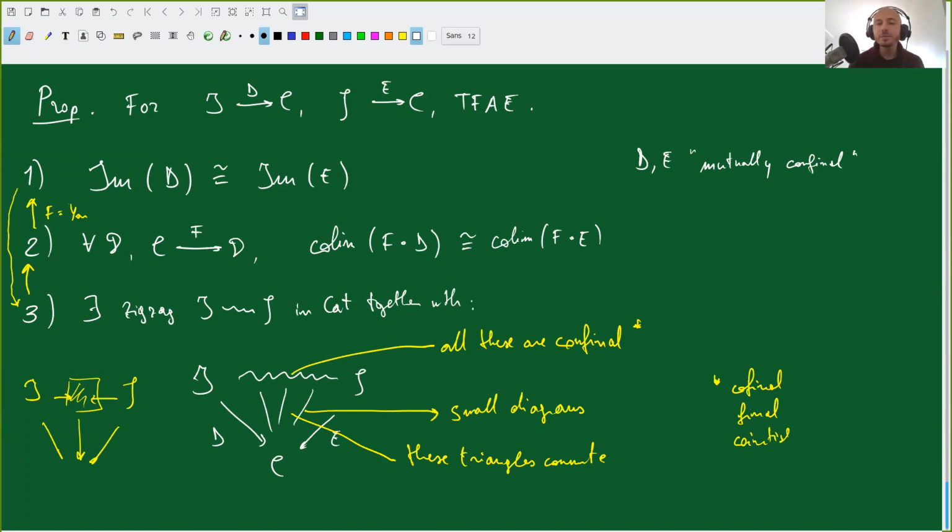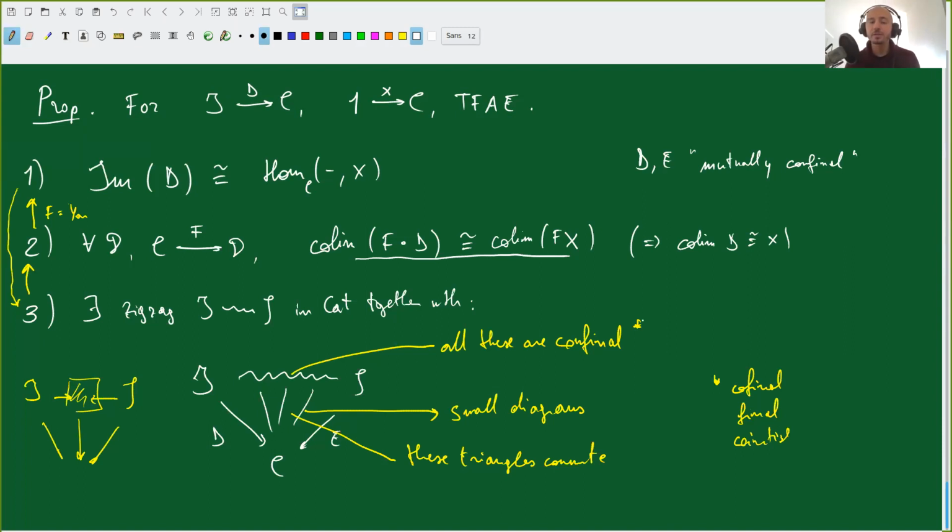So if we now take J to be a single object diagram, let's call it X, then the image of just a single object is the unit embedding. The colimit of F composed E is going to be the colimit of Fx. So in particular, X is the colimit of D. But this is stronger: this is a colimit that's preserved by every functor. And the zigzag condition, you can redo this construction for the case where J has a single object. It basically amounts to saying that